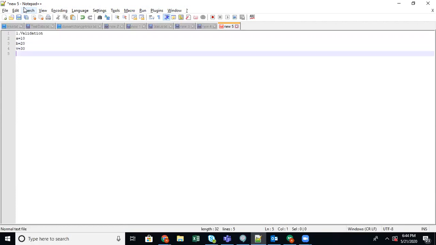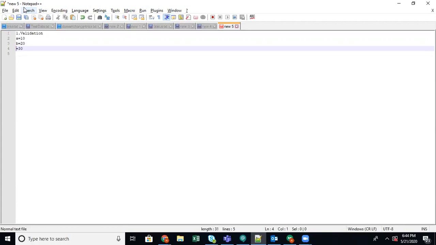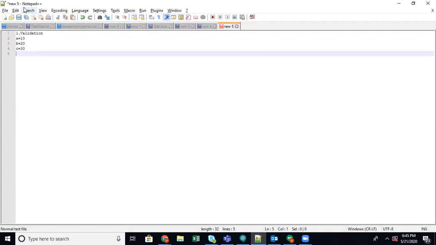All this you have already done. Now I'm saying, can you please validate and tell me whether the sum of the 3 numbers is greater than or equal to 100? You have to calculate whether the sum of 3 numbers is greater than 100.